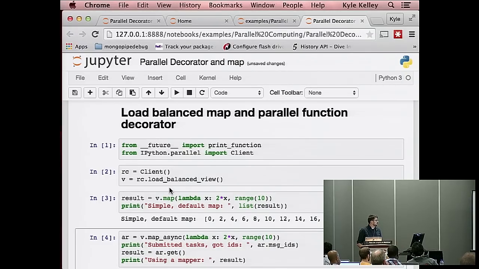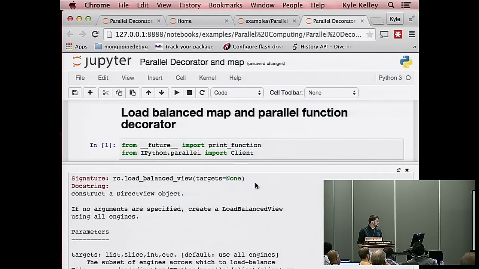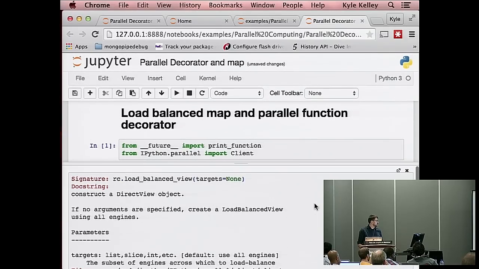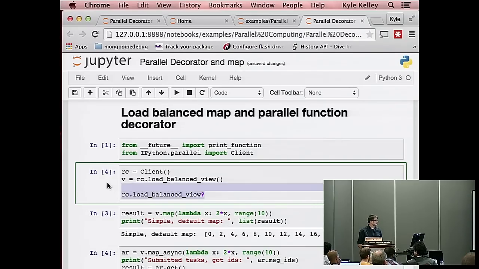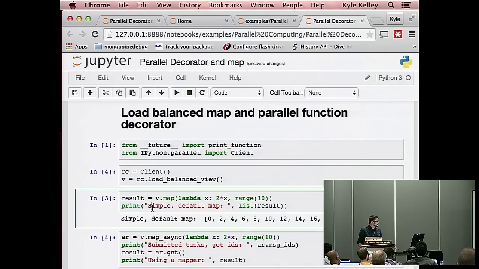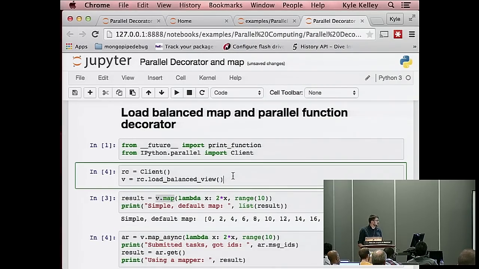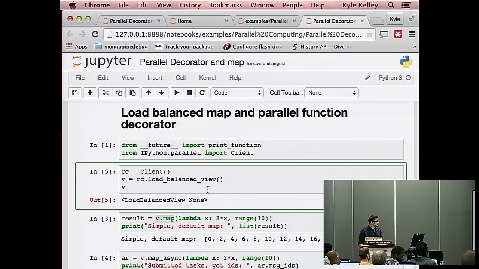Right, so I get the client. The load balanced view, I believe, I'm going to pull that up. Using all engines, you can target which ones you specifically want to use, and if you use the load balanced one, it should distribute across the jobs evenly. And so let's say that we do a map across that view. So if I do V here, yeah, V dot,